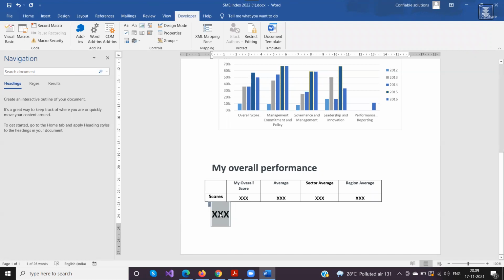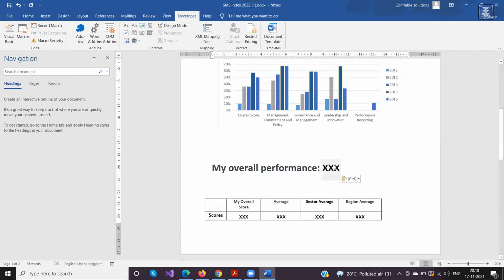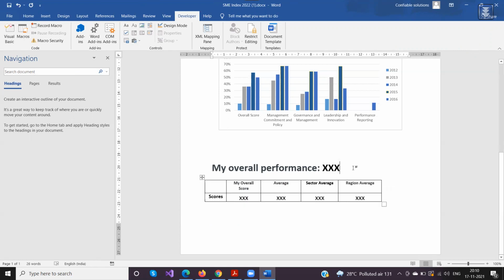Suppose I want to save this overall score here, let me put this xxx. I'll put it here just so that it looks more real, like this would show the overall score.